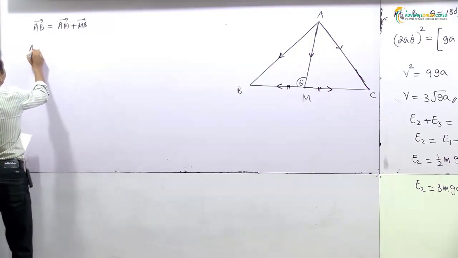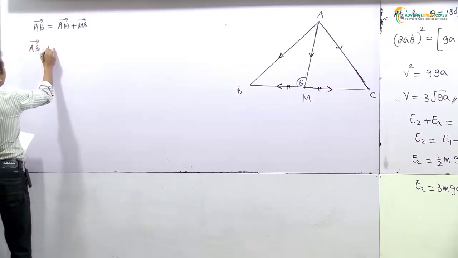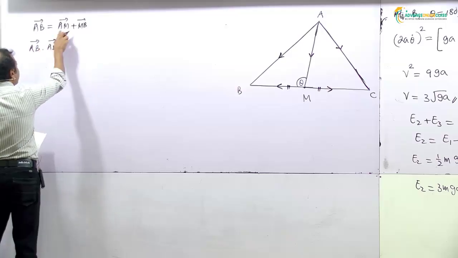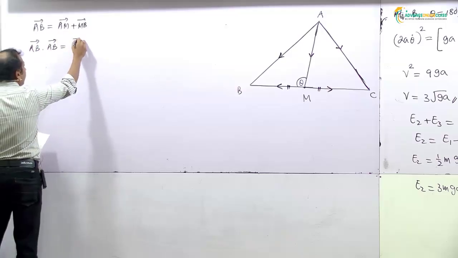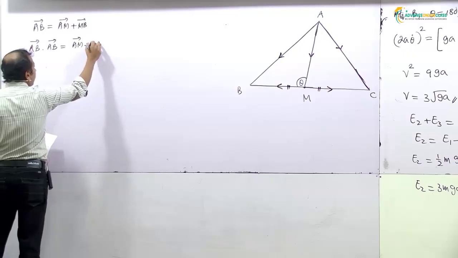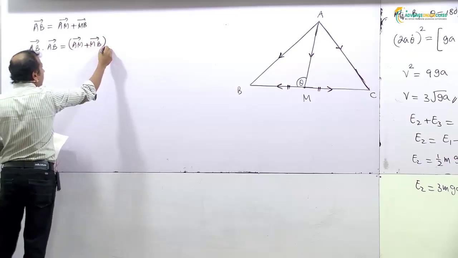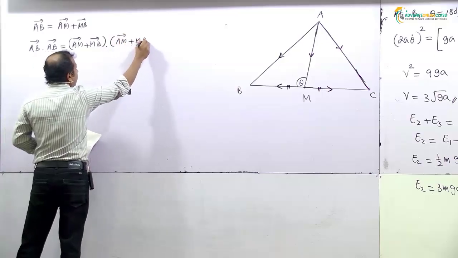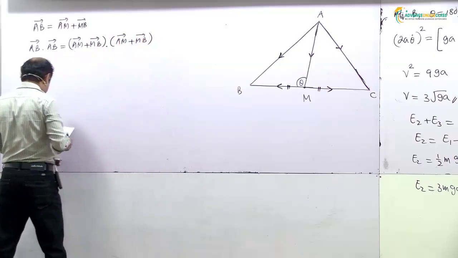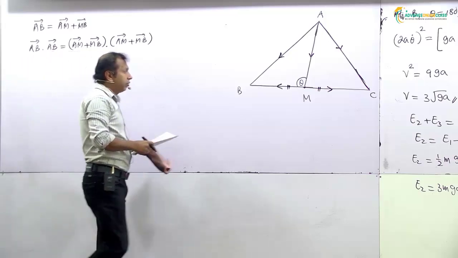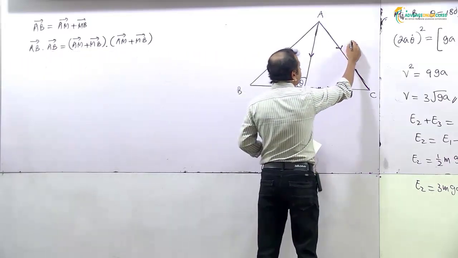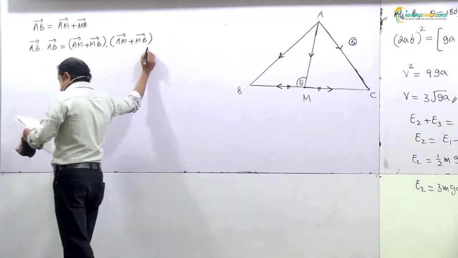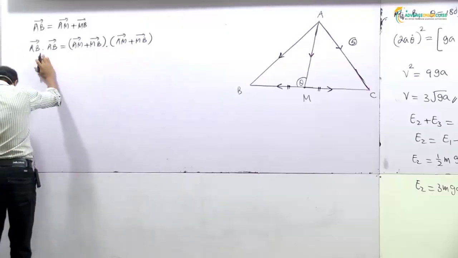Now I take AB vector dot AB vector. We take the dot product. AB vector is AM vector plus MB vector, dot AM vector plus MB vector, like this. We can write this. This diagram is given 5 marks. This step, not this one. Next one. Here, when we take